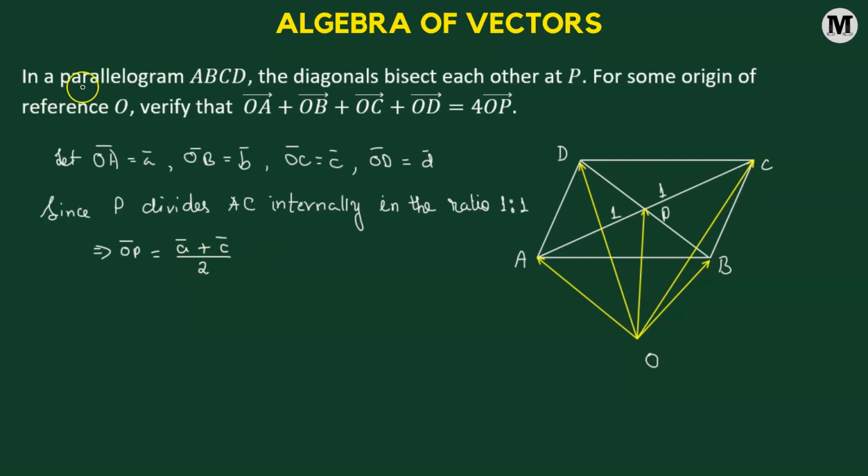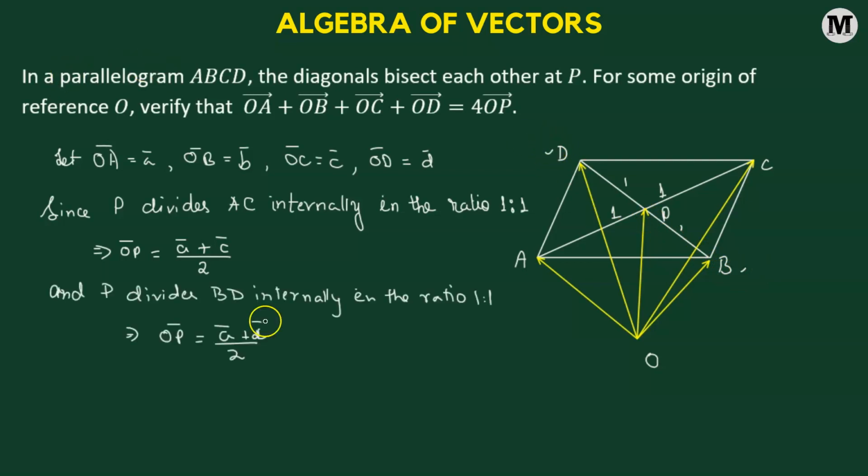Fine. Now, the same point P also divides the other diagonal BD into ratio 1:1. So here also we can apply the internal section formula to define the position vector of OP in terms of the position vector of B and D. So now that we have OP vector defined in terms of the endpoints of the diagonals AC and BD,